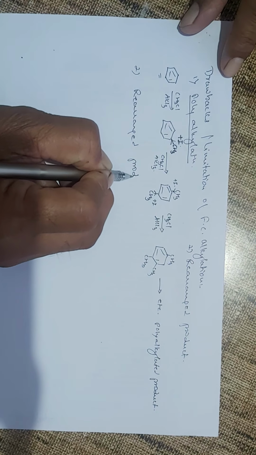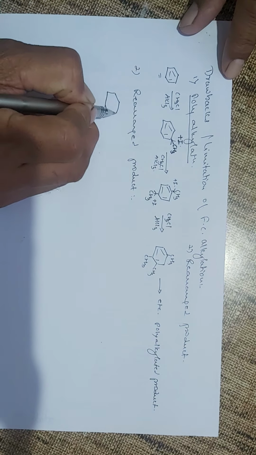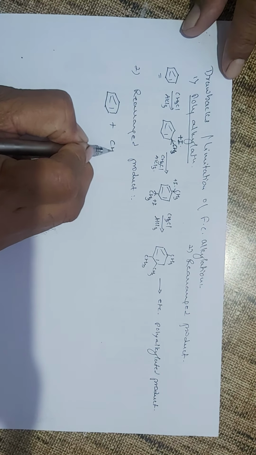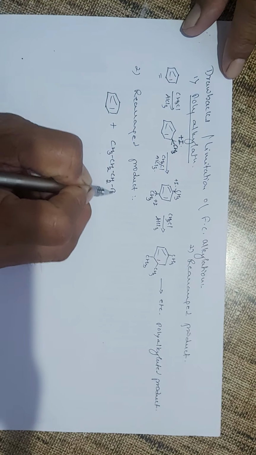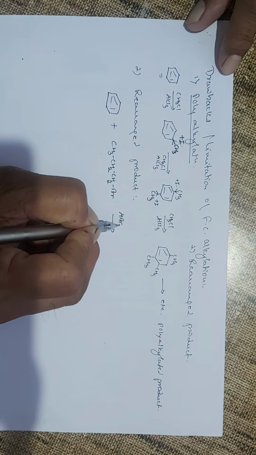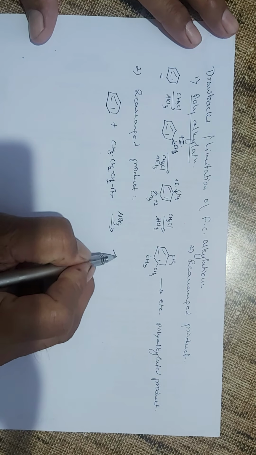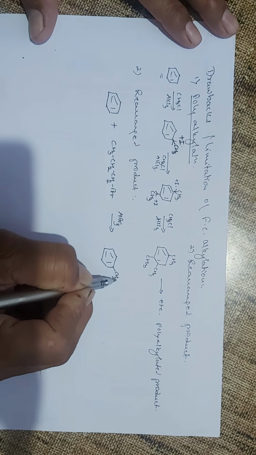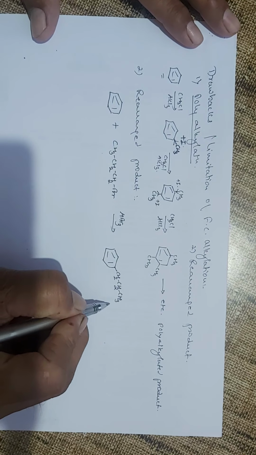Now whatever we are expecting, suppose here we are expecting a reaction of benzene with propyl bromide, in presence of a Lewis acid, that is AlBr3. Now the expected product is your propyl benzene. But here we are not getting the formation of propyl benzene.